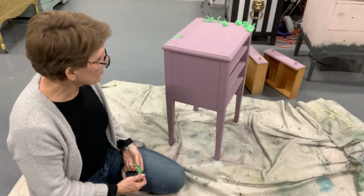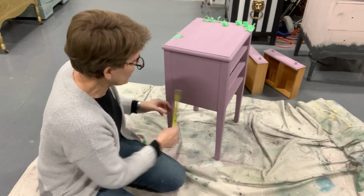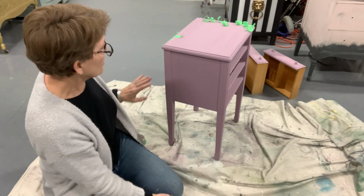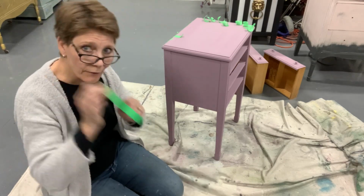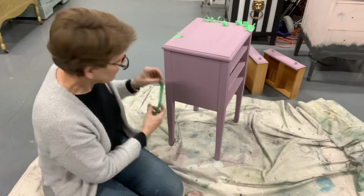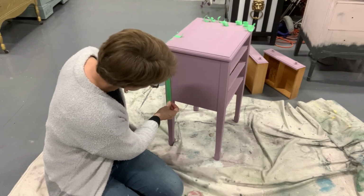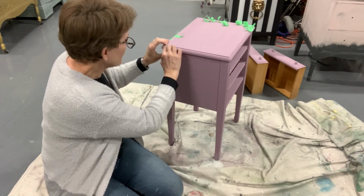Adding the stripes in a silver, and I just wanted to show you, I mean, you can do this, right? You can measure your space, which is about 9.5 inches, and you can divide that out by the width of your tape, which is roughly 1 inch, and kind of do all the math. And I hate that. So I don't tend to do it that way. And I just wanted to show you kind of roughly the way that I